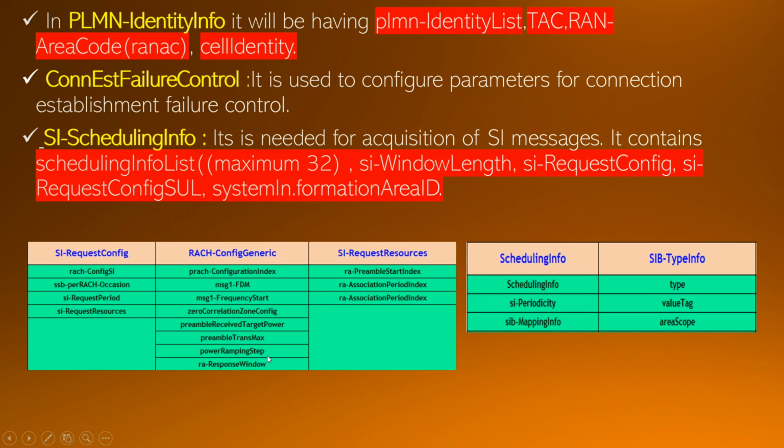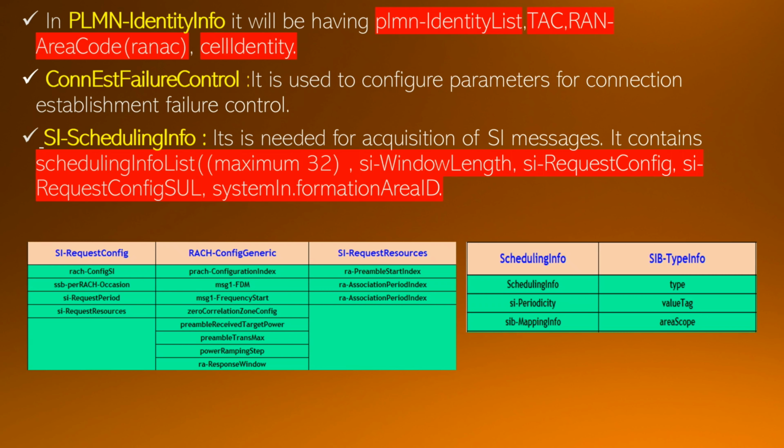We have already gone through this in LTE also, so we can go over it in brief when we go through the topic of RACH. And here we can see SI request resource, that is RA preamble start index, RA association period index. So these are basically the parameters related to this.